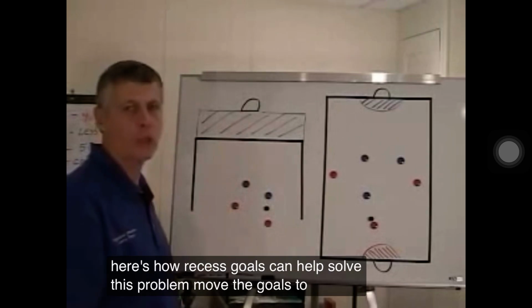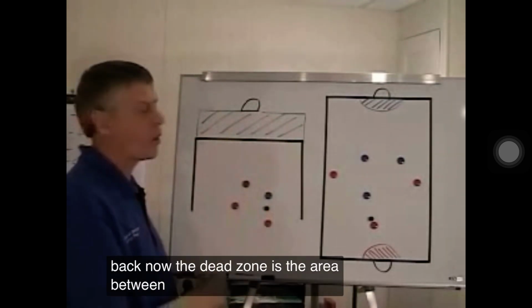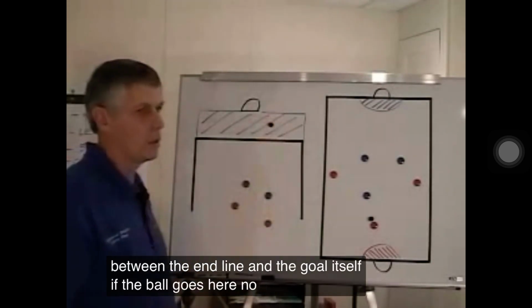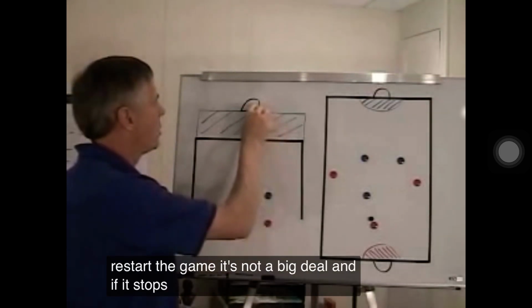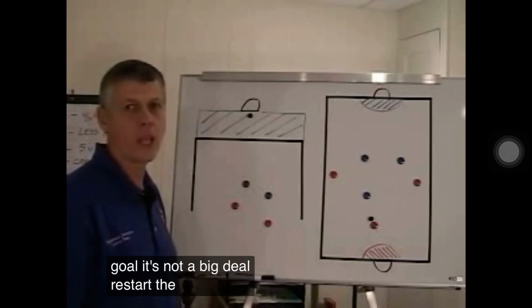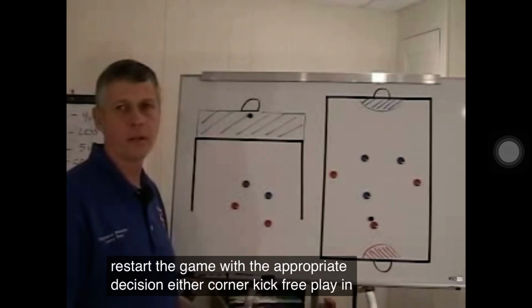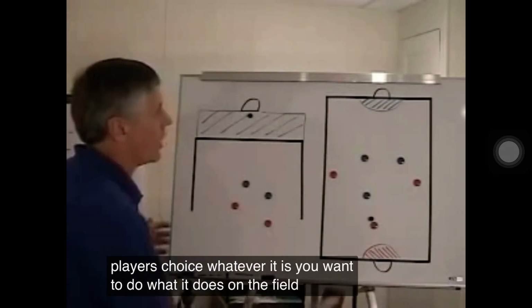Move the goals about 2 yards back. Now, the dead zone is the area between the end line and the goal itself. If the ball goes here, no problem. We just restart the game. It's not a big deal. And if it stops here, it's not a goal. It's not a big deal. Restart the game with the appropriate decision. Either corner kick, free play in, player's choice, whatever it is you want to do. What it does on the field now,